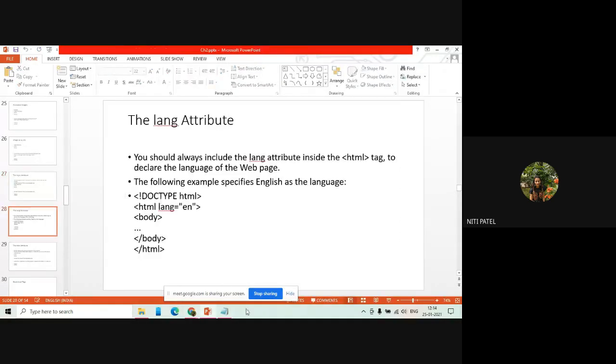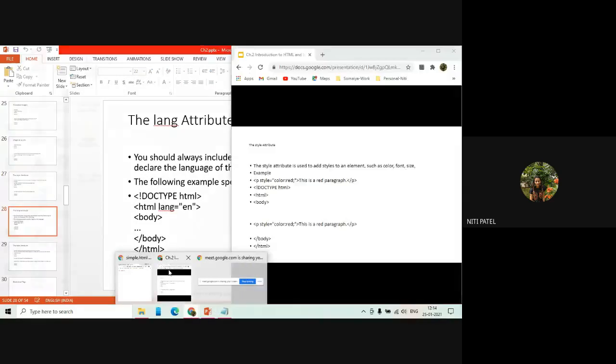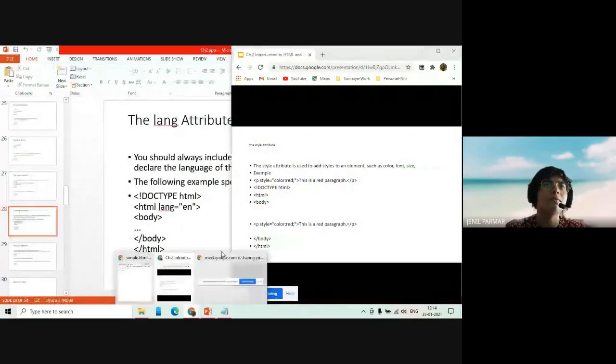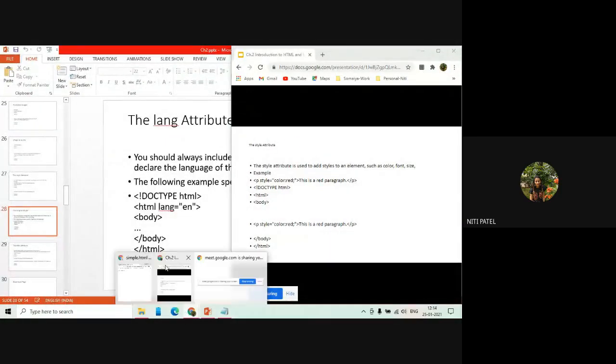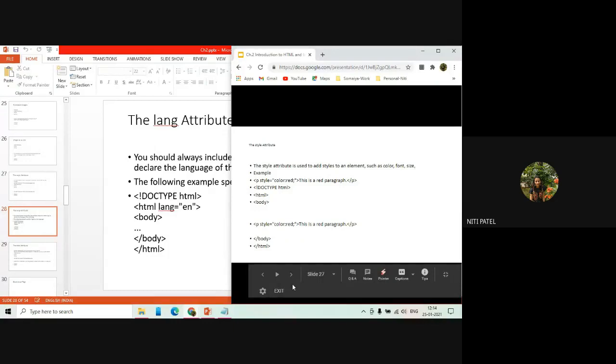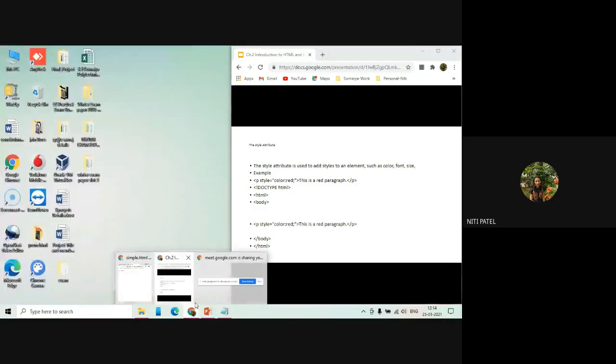If that is not there, it will create a problem while displaying the output on the screen. So this was all about the style attribute.